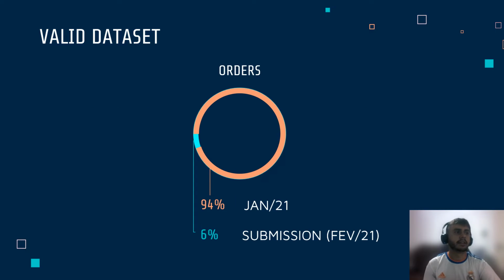Before I started testing some things, I created my valid data set looking at the last 4 weeks from the data. So I realized that the submission file has only 6% of transactions from the last 4 weeks. This is an indicator that the submission file will be created using a random sample, and maybe that random sample has the same size for all weeks. So I created my valid data set using the same logic.